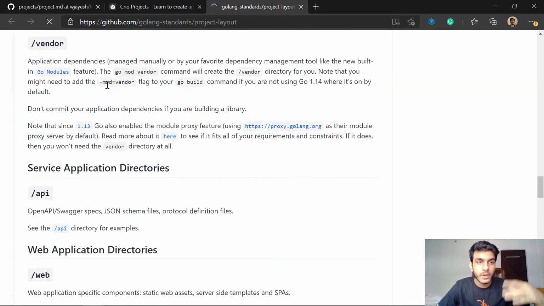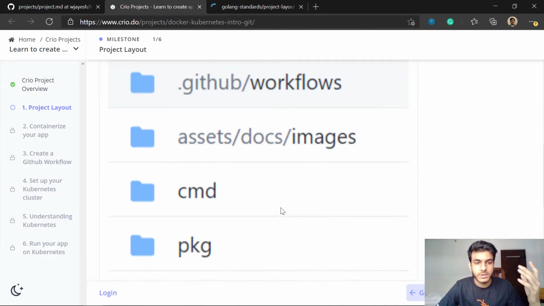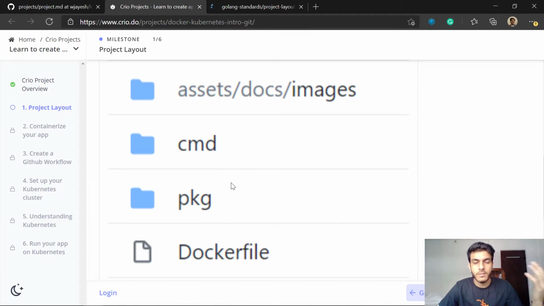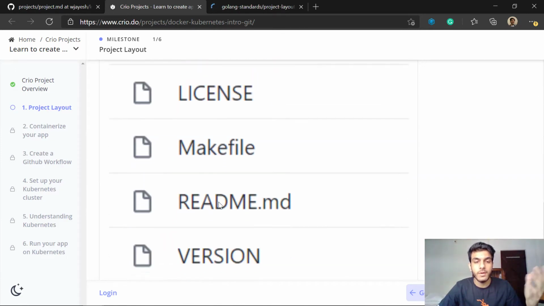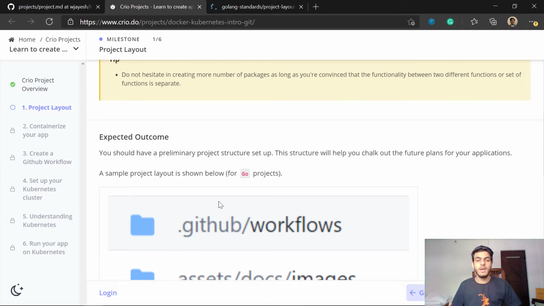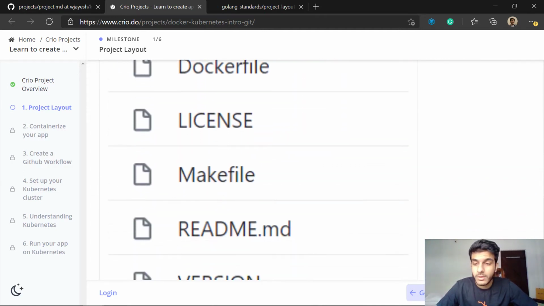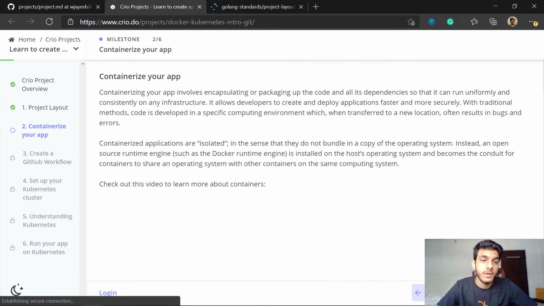And when you understand all of these things, you internalize all of that, you'll have a project which looks somewhat like this. You'll have a cmd directory, you'll have a pkg folder, and other things like all of this stuff. I don't use any vendors in this case. Maybe if you have vendors, you can also have a vendor directory here. So this is the idea behind it. So let's go to the next one. I think it's pretty clear now.